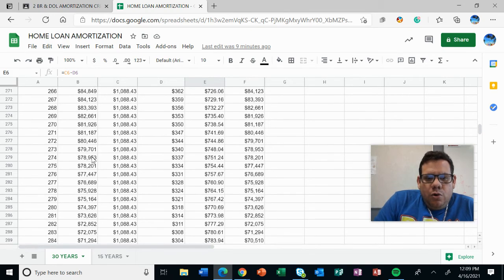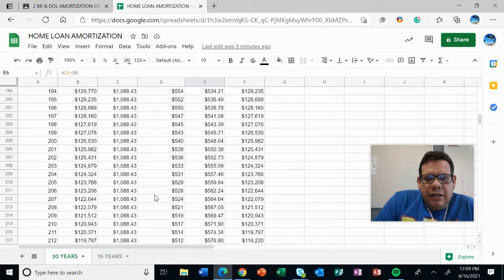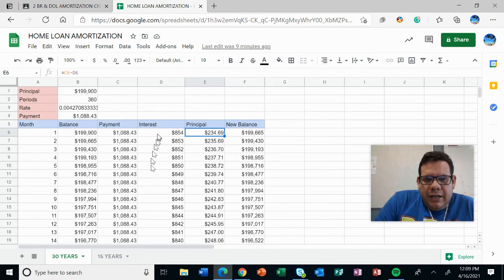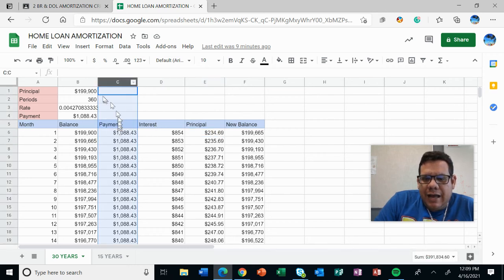So what happens, as you can see, is that the interest in this specific case is almost double. I mean, the full payment is almost double the principal that you originally got from this loan. But what happened when you